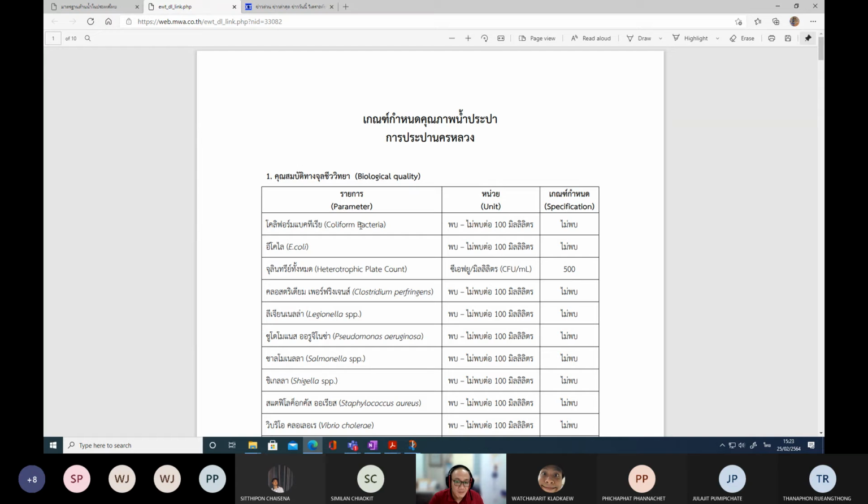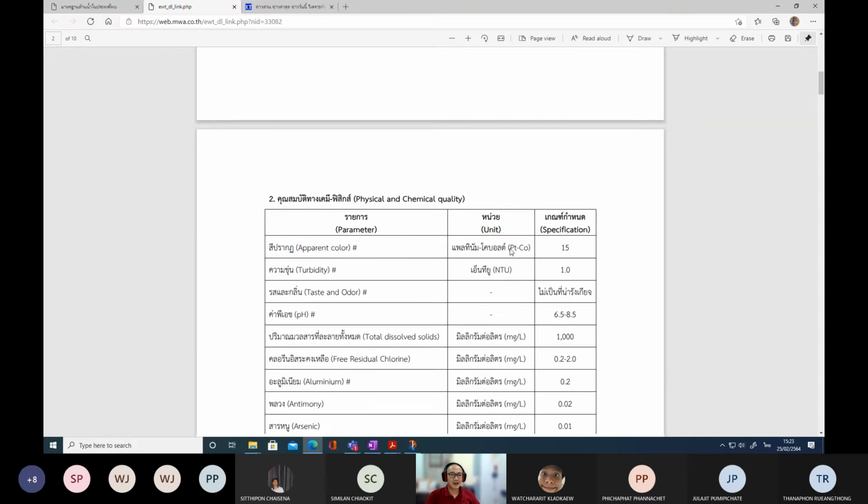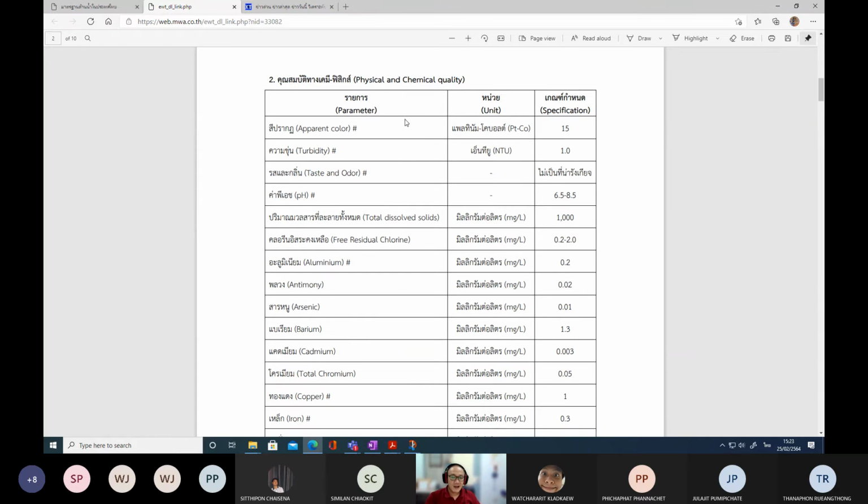For example, the coliform bacteria shouldn't be found in a sample of 100 milliliters. E. coli shouldn't be found. Now let's have a look for the other parameters. Physical and chemical quality. Color should be less than 15 units. You all know that. Turbidity should be less than 1. You see,